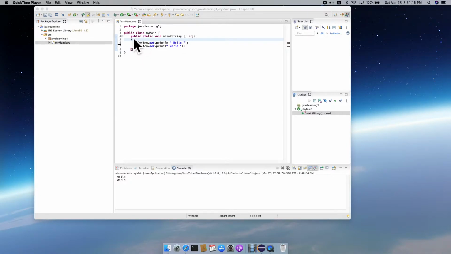And we have talked about the public. Public means anyone can use it. Static, I'll talk about it later. Void is a data type, I'll talk about it later. Main is the name function, and this is the input arguments. What we do here is